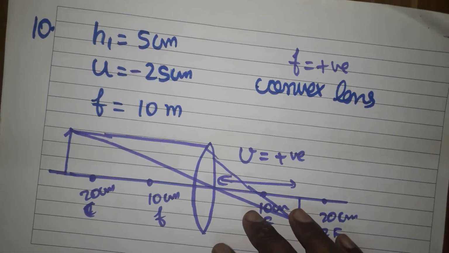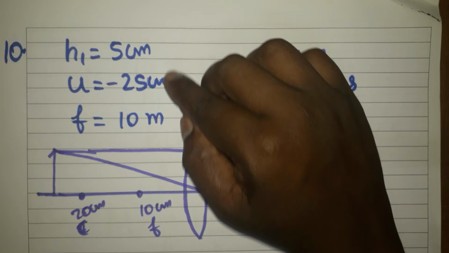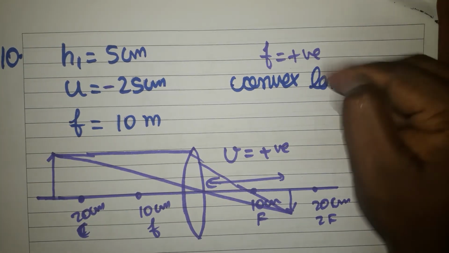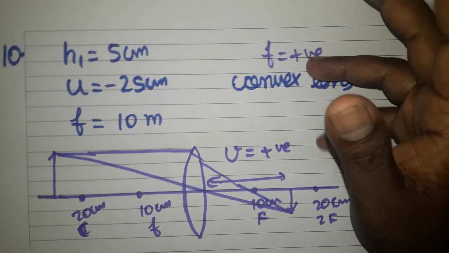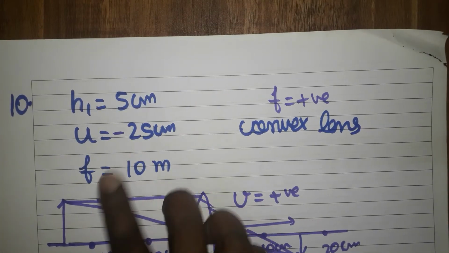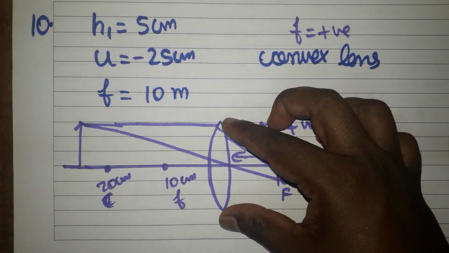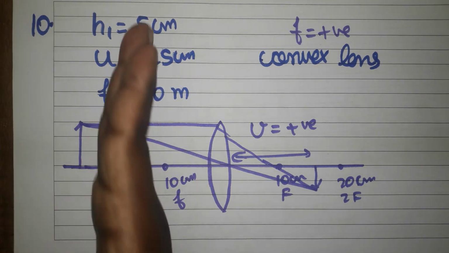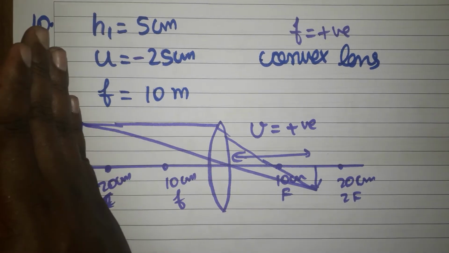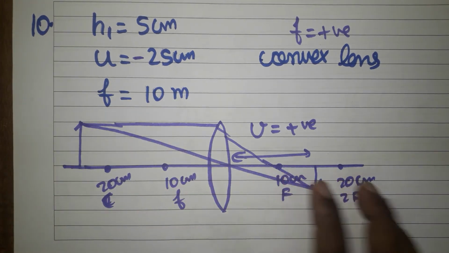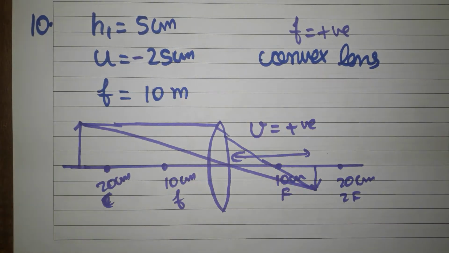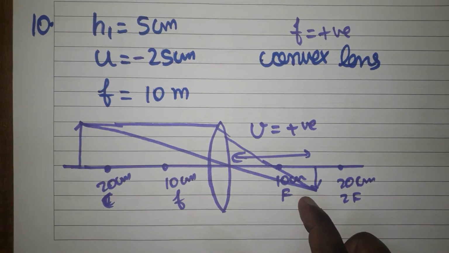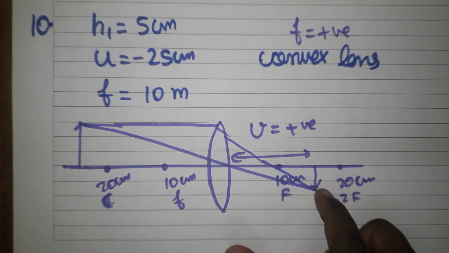Then question number 10. Object height is given, object distance is given, focal length is given, it is a convex lens. You should find the image distance and draw the diagram. Object distance is 25 centimeter. Focal length is 10 centimeter. For the convex lens with 10 centimeter focal length, 2F is 20. So I place the object at 25, more than 20. That means behind C. When the object is placed behind C, the image will be formed in between F and C. It is inverted and real. You need to know how to draw the ray diagram already. The parallel ray will go through the focus, the center ray will go straight. So a real, inverted, diminished image will be formed.